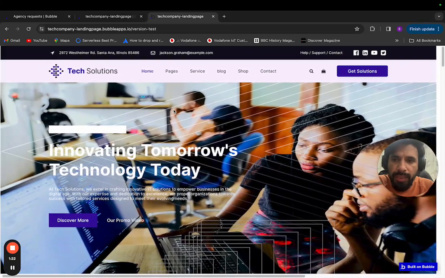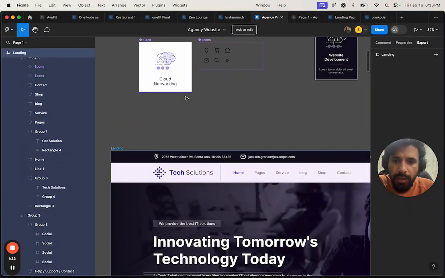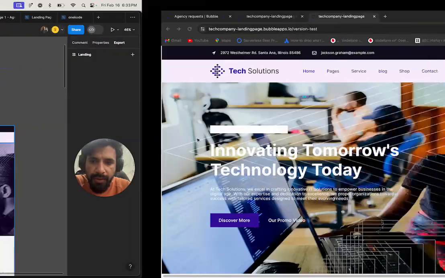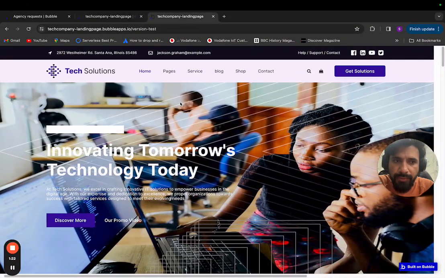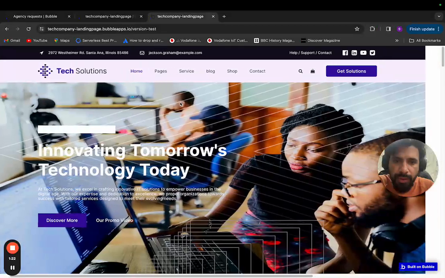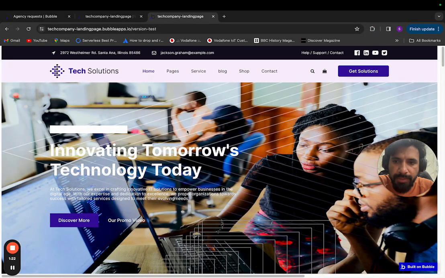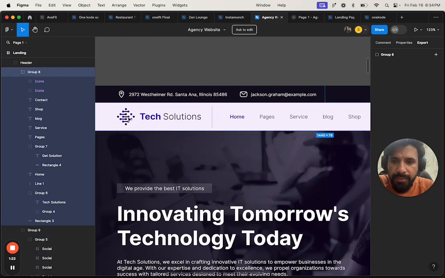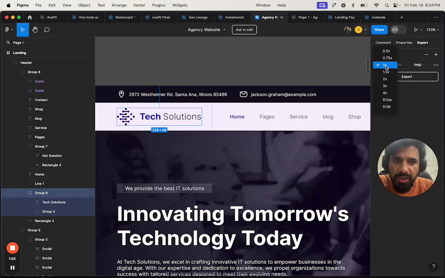So as you can see here, now at least on the header, everything looks aligned, right? I know there are a few glitches which we will fix, but as far as the header is concerned, we are fine here. Maybe this logo resolution is not good. The only solution is to export the high res image and use that one. Let's try that. Let's try to export high res